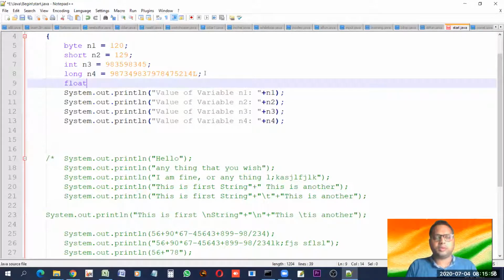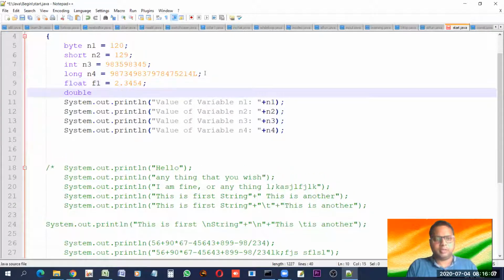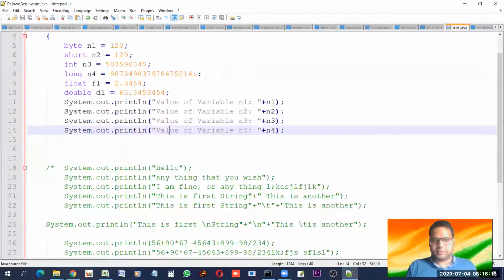One is float, f1 equals 2.345, and one is double, d1 equals any number point this. Now what? Let us output them also, or let us do one thing.